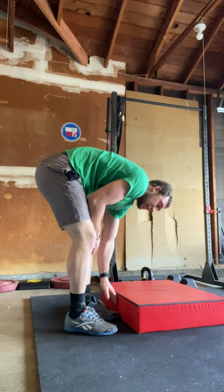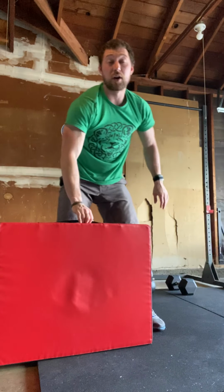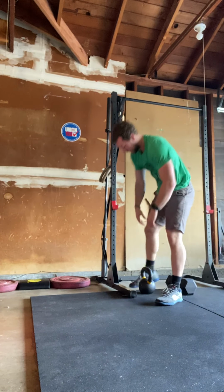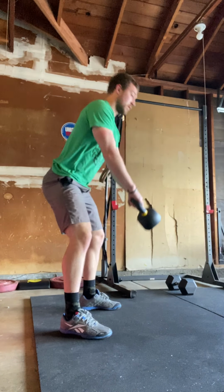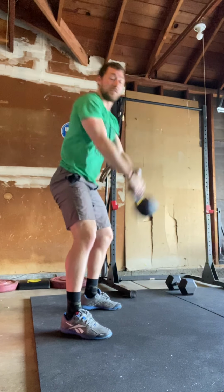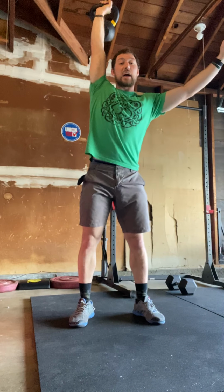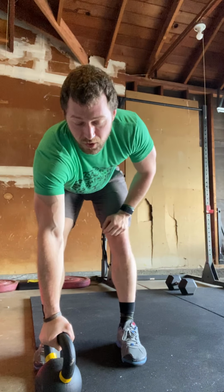Okay, if you only have one dumbbell or one kettlebell, then what you'll do is 21 on your right, 21 on your left. So for your kettlebell swings, you'll go all the way overhead. And then after you're done with 21, you'll take your kettlebell and do a little dip, drive, and press. You'll do 21 on each side, right? It could be a dumbbell too, right? If you are using a dumbbell,